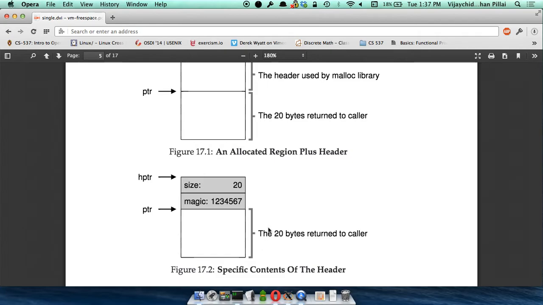If they ask for 10 bytes and you return to them a chunk of 5 bytes, what do you think will happen? If there's memory beyond that 5 byte chunk that's allocated to some other thread or process, then that's going to be a problem, right? So make sure that this is done correctly. If they ask for 20 bytes, you can return more than 20 bytes, but it should be at least 20 bytes. Okay, so now that we have a header and a chunk, this is how you can do allocations.